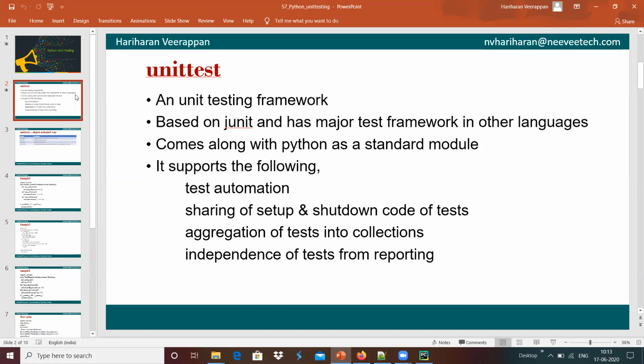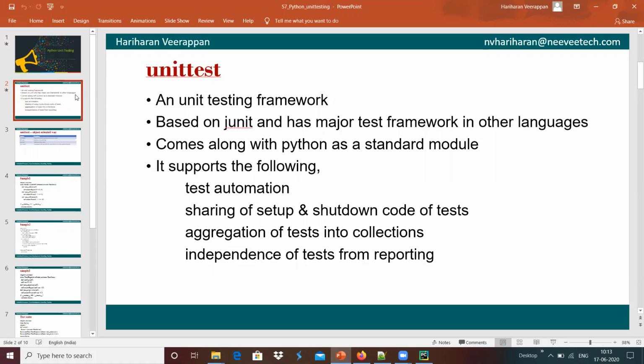In order to do Python module unit testing, we have a module called unittest, which is a unit testing framework based on JUnit, and it is a major test component in other languages as well. In the case of Python, unittest comes along with Python as a standard module.